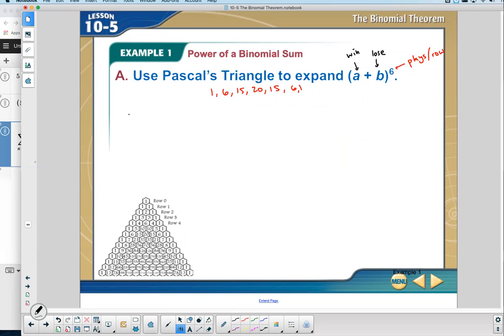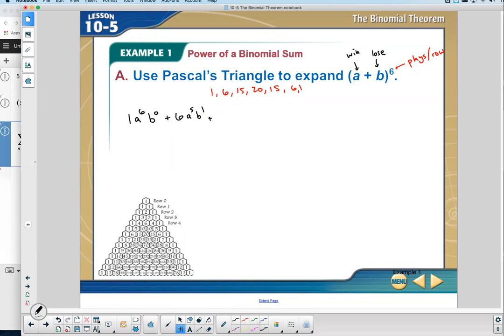What this means is you'd have one person who would win all 6 times. That's how many times we're playing. One person would win all 6 times, which means they would not lose at all. You don't have to put the b to the 0, but I will there. So you have one person who wins 6, does not lose. You would have 6 people who would win 5 times and lose once. So we start with best situation and go on to the worst situation. So you start with winning every game, meaning you don't lose, and then you just count down. I win 5, I lose 1. So today it's going to make a lot more sense if you can remember A means wins, B means